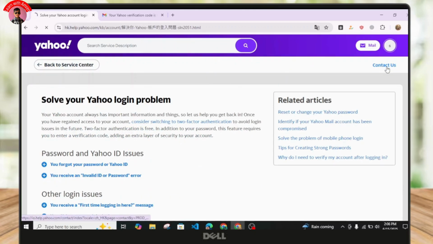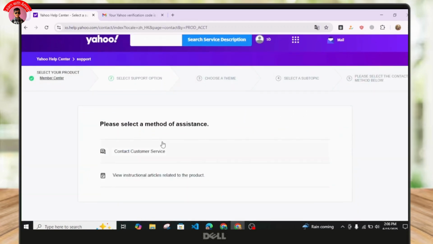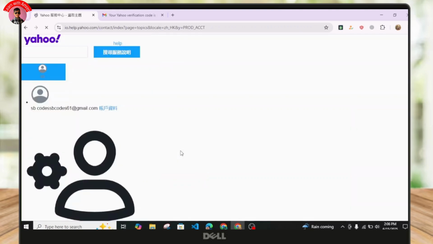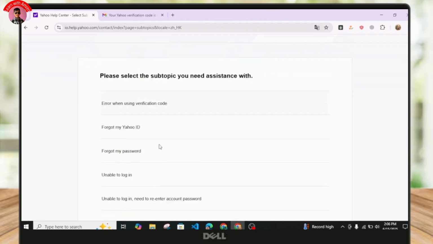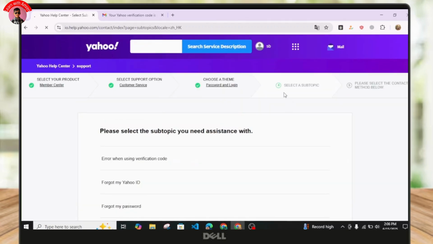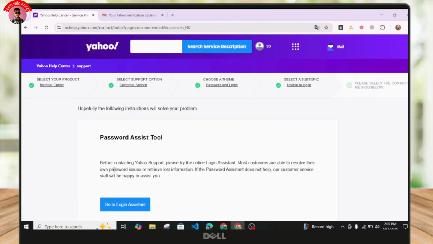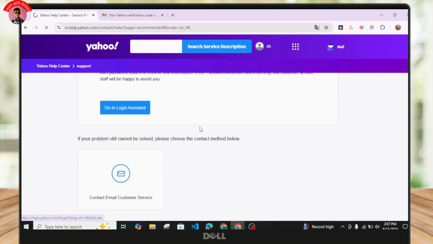simply heading over to this contact us button over here and just click on this contact customer support or service over here. Choose the option that is regarding password and login since we are facing a login problem. And once again, just click on this option over here. And you can try this login assistant over here,